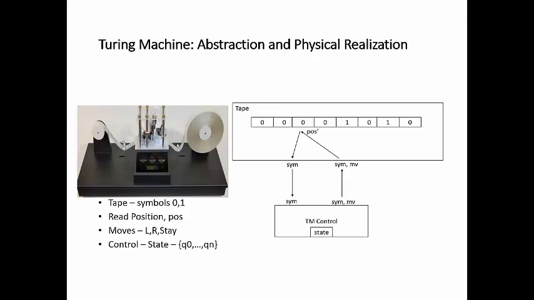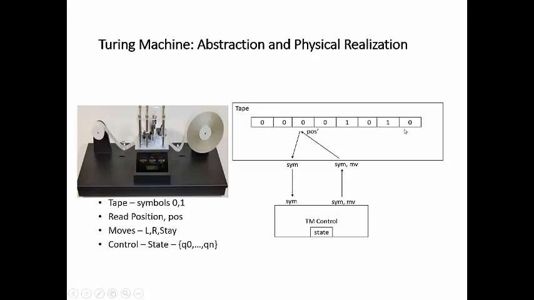So here's a Turing machine picture taken off the web, where somebody has actually constructed a physical realization. It has a tape reading symbols 0 and 1, and a head that reads the tape and can move it left, right, or stay in the same position, and a control that has states, a finite set, and can make decisions based on reading the tape and what state it's in, to move the tape left or right and write some symbol on it. And this can be represented by